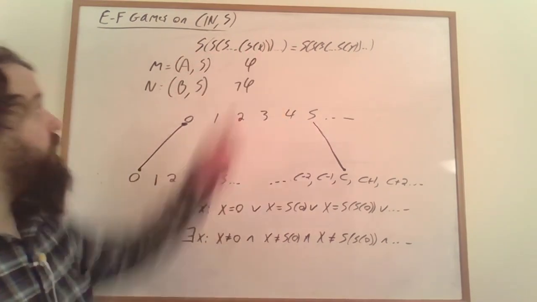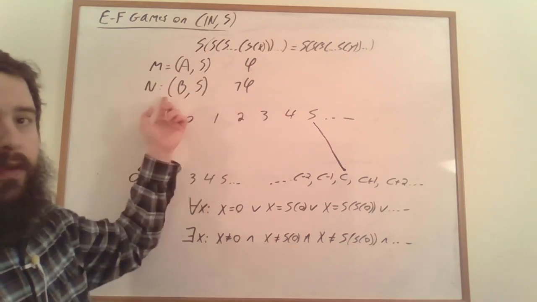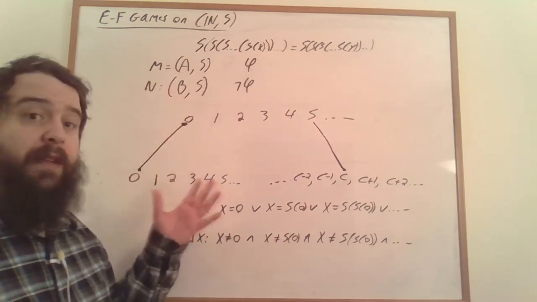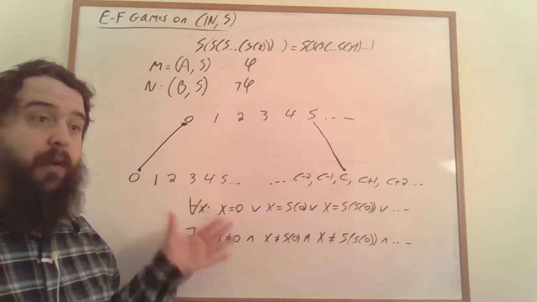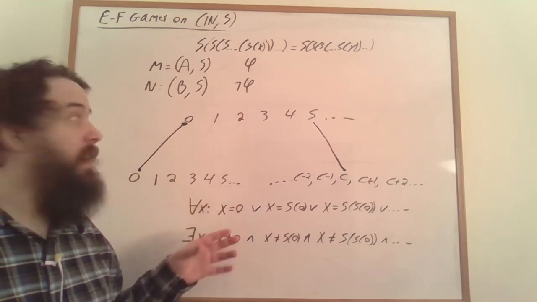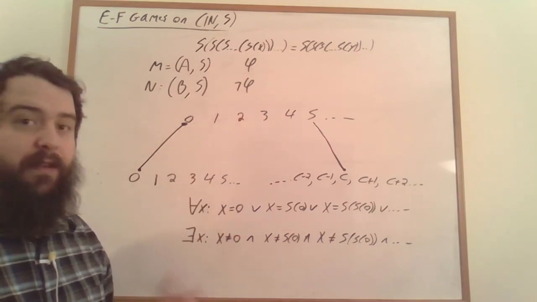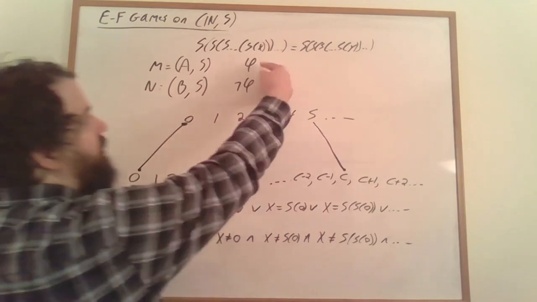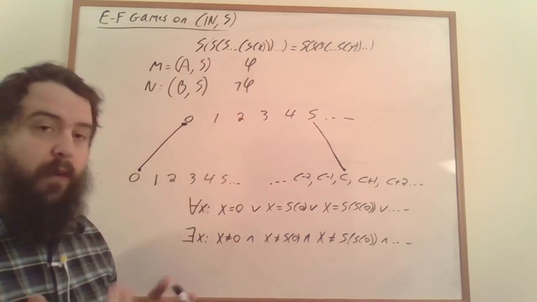We have some sort of formula phi that's true of M and not phi is true of N. And we would like to identify this as happening. We would like it to be the case that Spoiler wins a particular Ehrenfeucht-Fraïssé game because they're exploiting this difference. Well, here's the thing. This difference, this formula phi and the corresponding formula not phi, are only going to